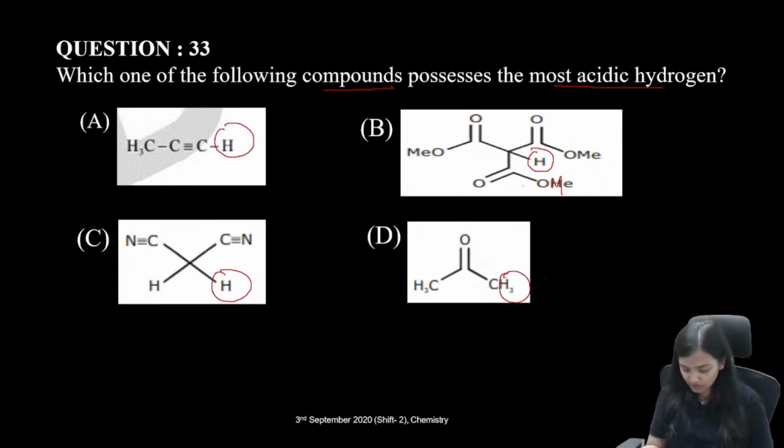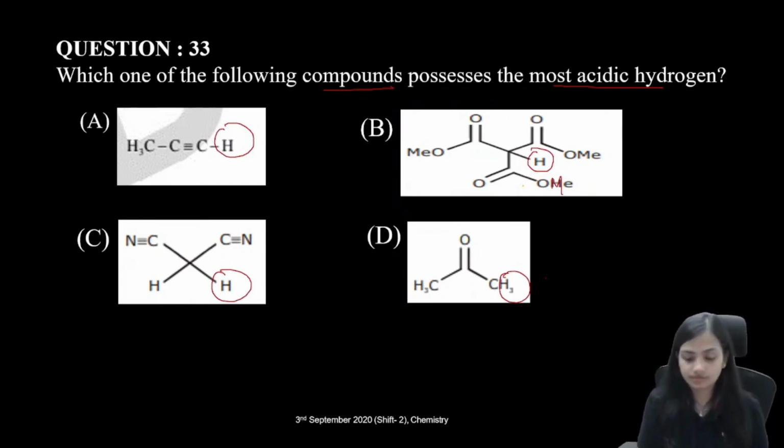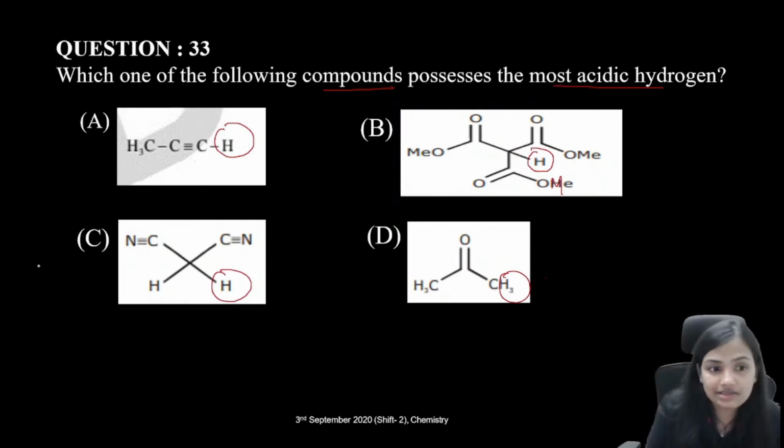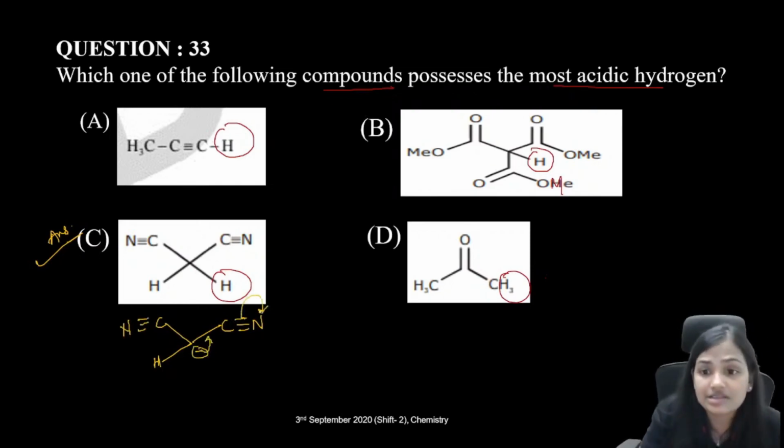Which of the following molecule is going to be most acidic? Answer is C, because this is the most stable conjugate base. Here we have a cyanide HCN. Always remember, this conjugate base is very, very stable. Okay, the answer is C,